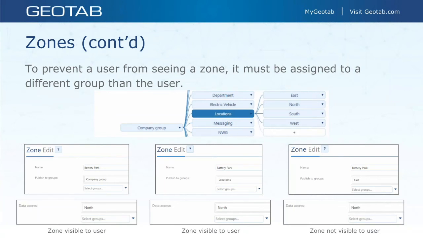There are 3 examples down there at the bottom, and these are all using the zone called Battery Park. Before that, let me just highlight that screenshot there of the zone hierarchy. This is the same as before. We have company group, locations, and inside of locations, we have east, north, south, and west. Example number 1, I'm looking in the lower left here. Zone name, Battery Park, it's assigned to the company group. The user has a data access of the north group. That user can see that zone, because regardless of data access, if the zone is assigned to the company group,